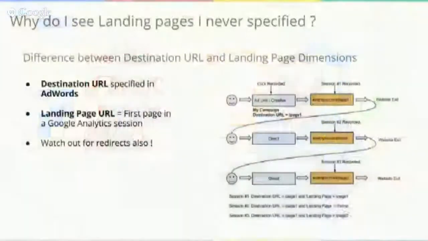So what about when people are seeing different landing pages that they didn't specify coming in and being attributed to those campaign parameters? Okay, so that's like the second line of defense when people start auditing their reports and trying to understand how their campaigns are doing. A very important fact to keep in mind is there are two types of URL or destination URL reports. The first one is actually called the destination URL report in AdWords, and it's the URL you define when you define your campaign in AdWords.